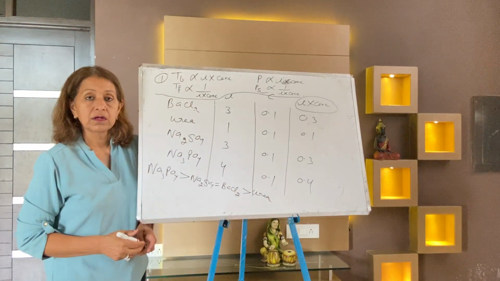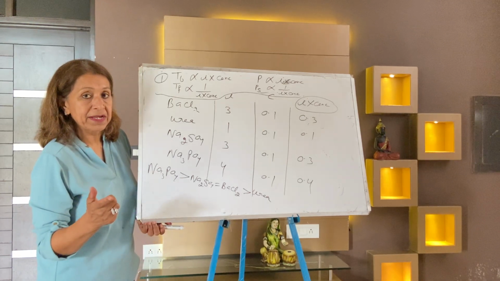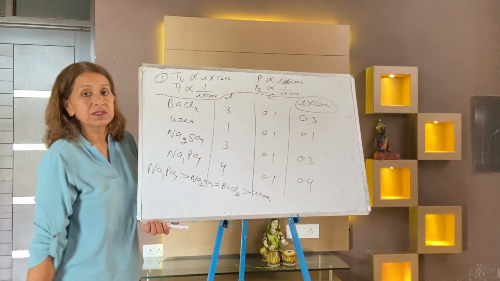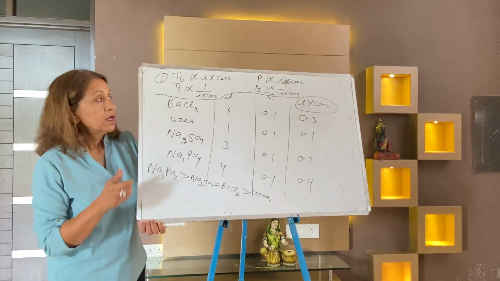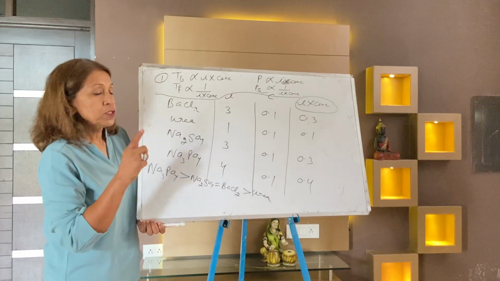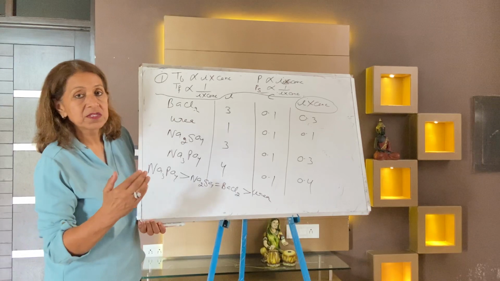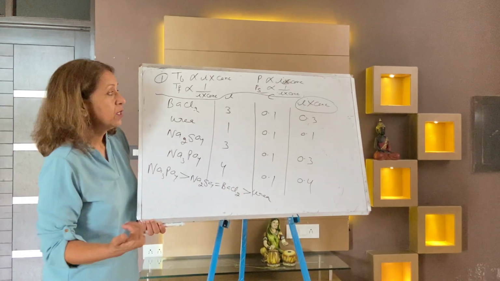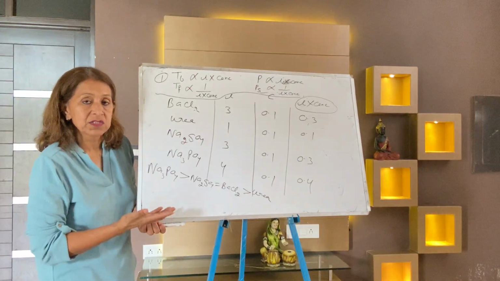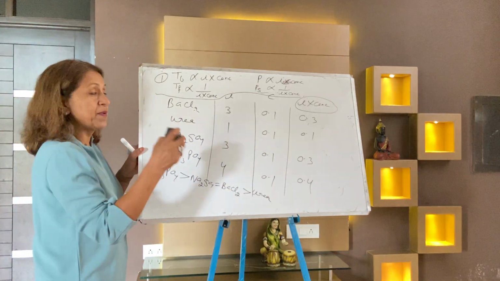This is the order for TB, that means for osmotic pressure, but this order gets reversed in case of TF and PS. I think it's clear. Again, TB is directly proportional to i into concentration. Osmotic pressure is also dependent upon i into concentration. Freezing point is inversely proportional, and vapor pressure is also inversely proportional. This order gets reversed in case of TF and in case of vapor pressure of solution.